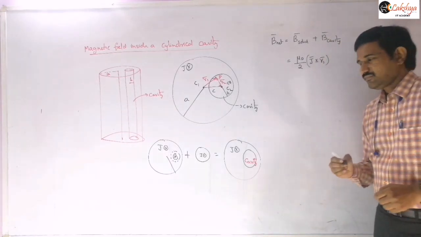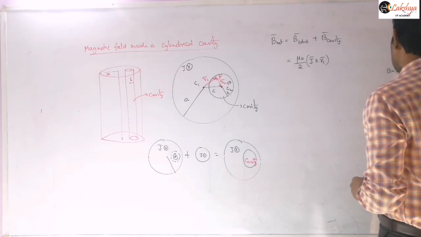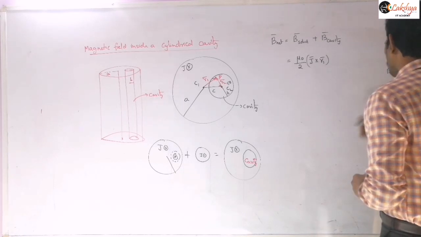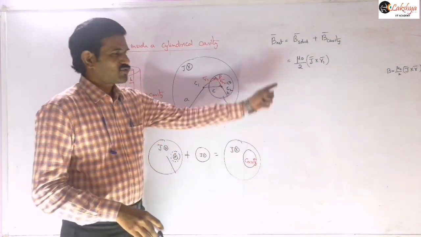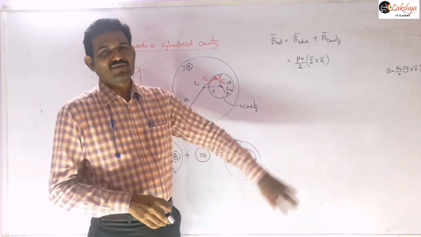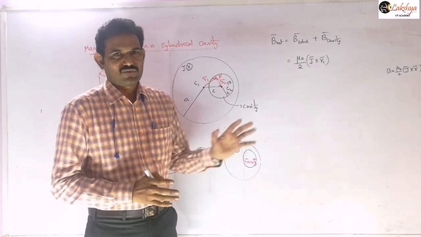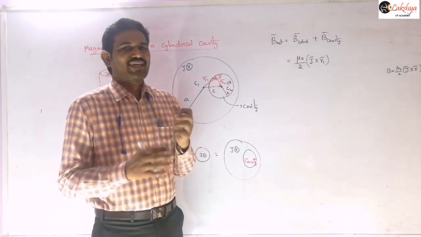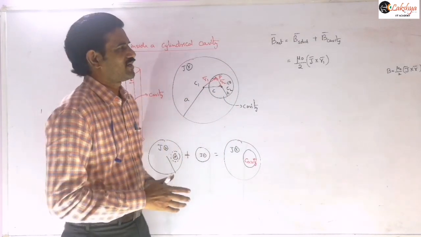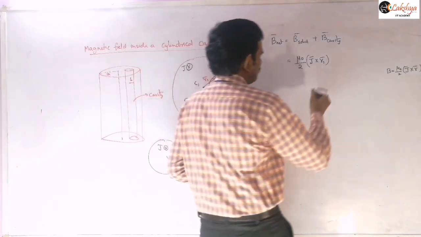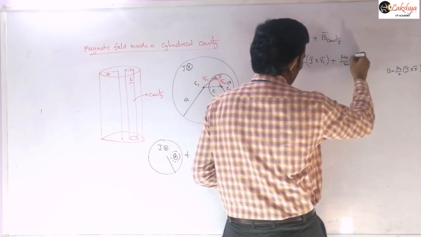Is it clear? In the last class we derived that the magnetic field inside that cylinder we can write as mu naught by 2 into J bar cross R bar. So that we derived already, and now in terms of that I am writing here. For cavity problems it is very easy if you are writing in terms of this J bar, I said already in the last class. So for cavity problems, the problem will be very easy if you are writing that equation in terms of the current densities. And then next, plus, now the magnetic field due to this cavity we need to write here.